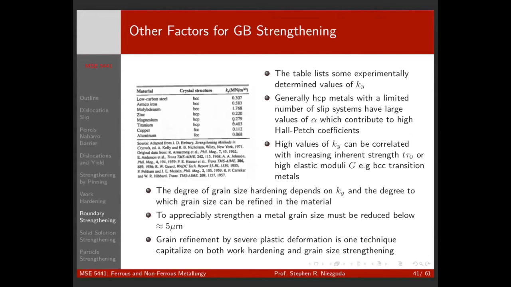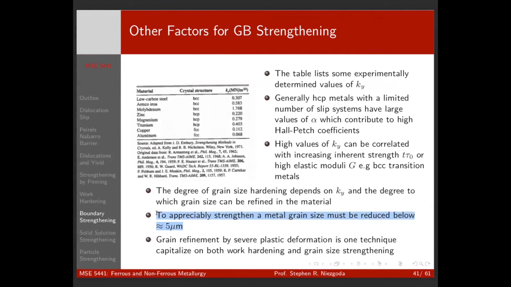But basically, the general rule of thumb is that BCC and HCP have a much stronger Hall-Petch effect than FCC. Right. That's the Hall-Petch coefficient. And so strengthening can be very potent, but basically we have to get the grains pretty small to really have an appreciable grain size effect,